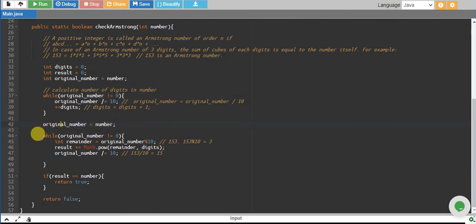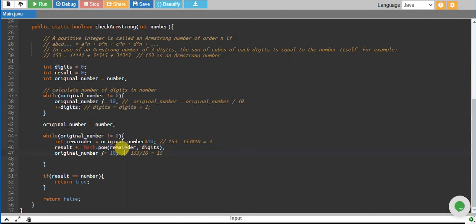So we have created a while loop right over here and we are iterating over it until the original number is 0, and we are taking one number at a time by the remainder operator, taking the remainder when dividing by 10, and we are getting the last number, which is one digit at a time, remember, and power the number of digits in that number, and the number of digits is in the digits variable.